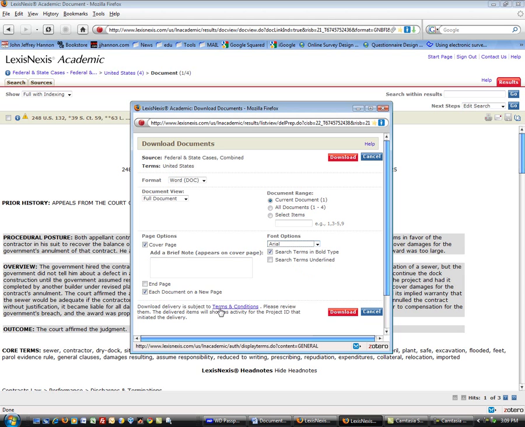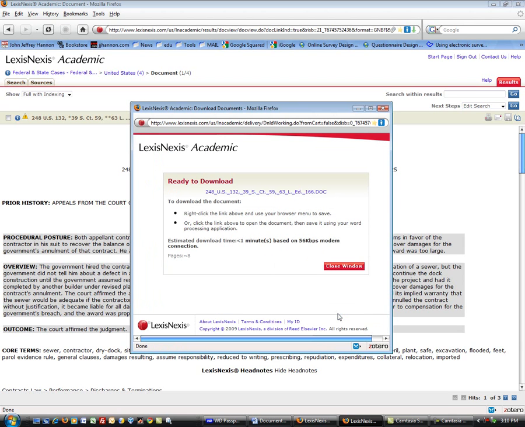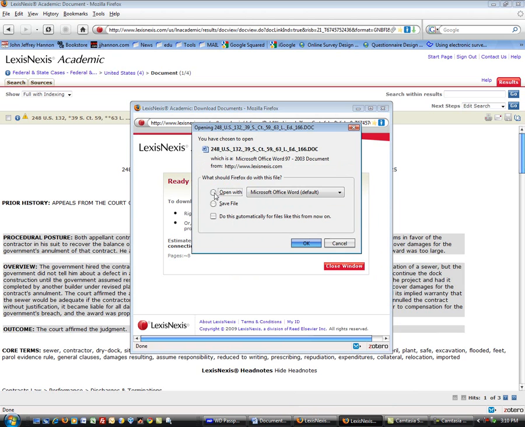You may want to read the terms and conditions. You need to start thinking about those things, especially in light of a law case and contracts. Click download. Depending on the speed of your machine and the memory that you have, it's created a file, which is the case citation with the format extension .doc, which is the Microsoft Word file extension. If I close it, I think I lose it, so don't close it. Click the link and you get your options on, do you want to open it, save it,